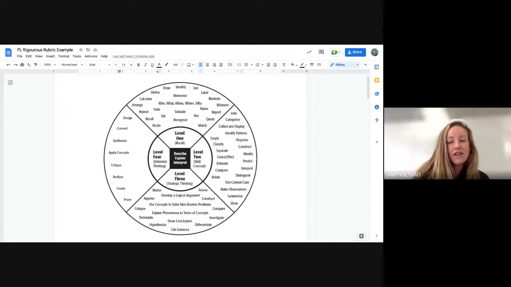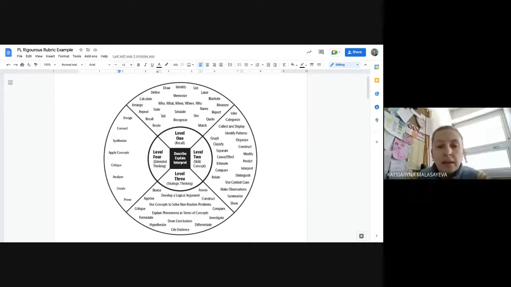Oh, well, hi, Kate. Thank you for your question. Kate is asking how to apply it to math. And Kate, are you thinking specifically right now about how to make a choice board maybe for a math lesson or a rubric? I think about rubrics, and I teach special education population, and I teach high school math to